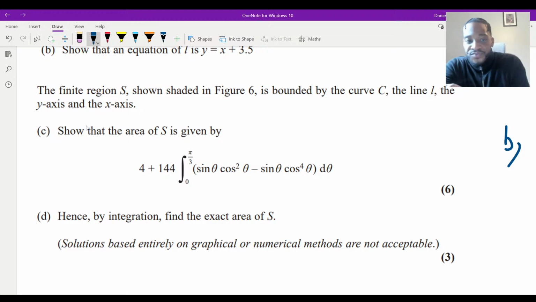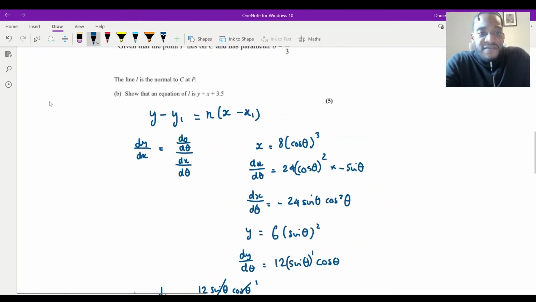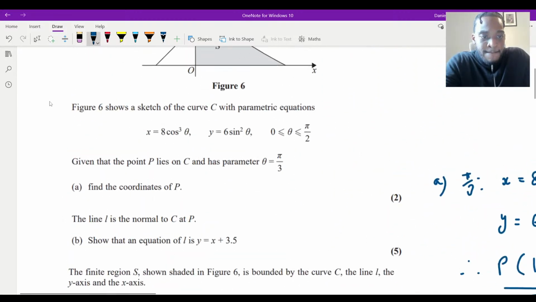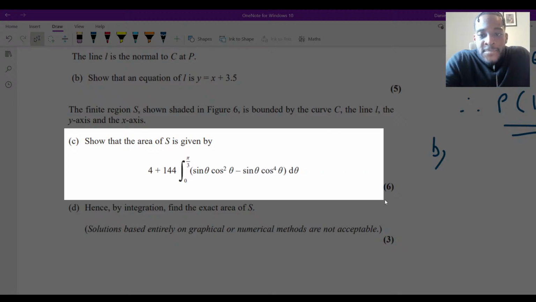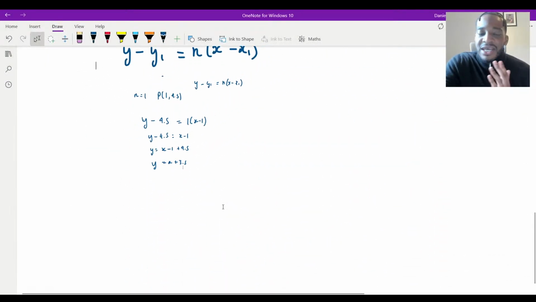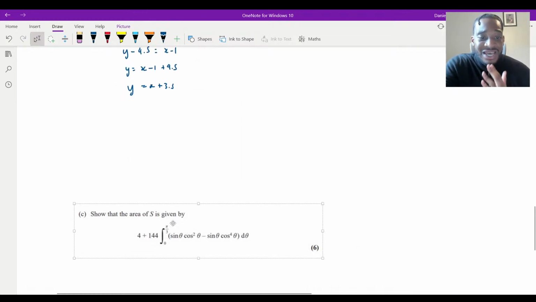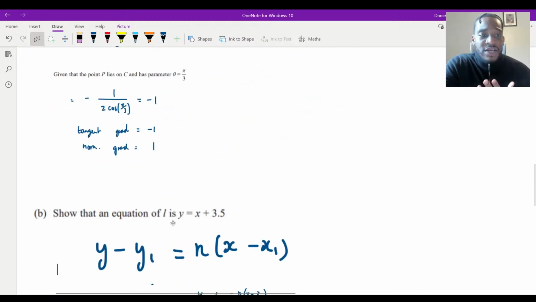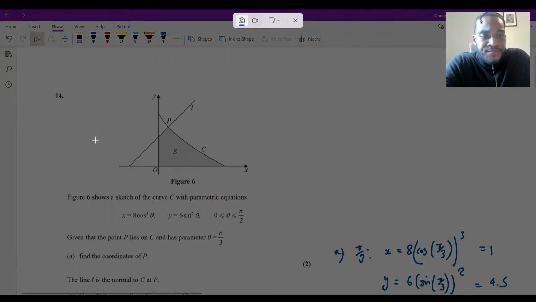All right. So let's have a look at this right now. I need to get everything that we need. So I'm going to grab this here. And then obviously with parametric equations, guys, and in A level maths in general, always visualize what's going on here. They're asking us for the area, right? That's integration. So I'm going to get the curve as well. So I'm going to get everything we need here.